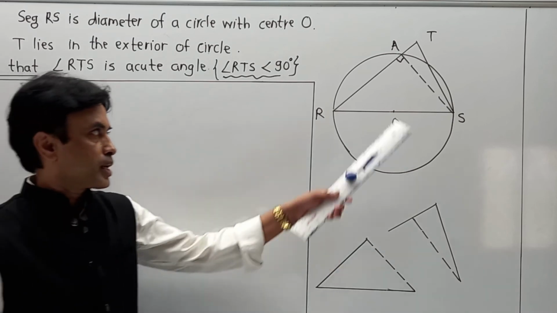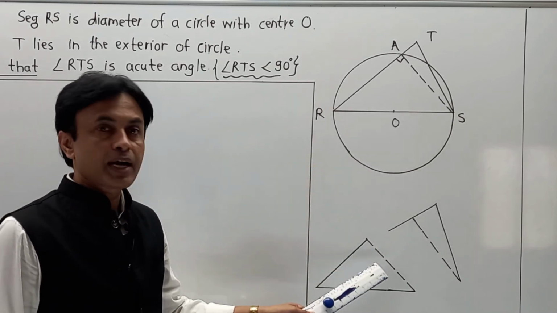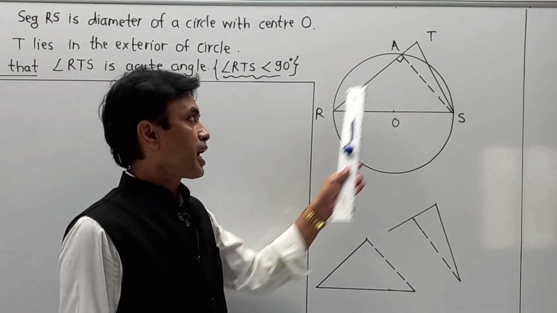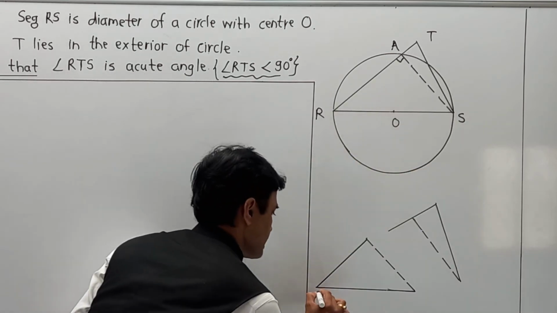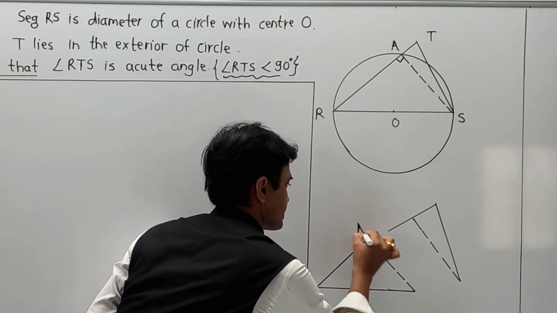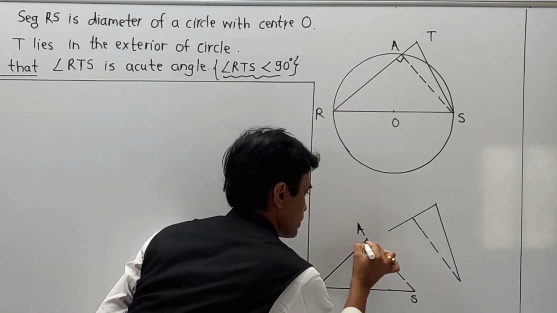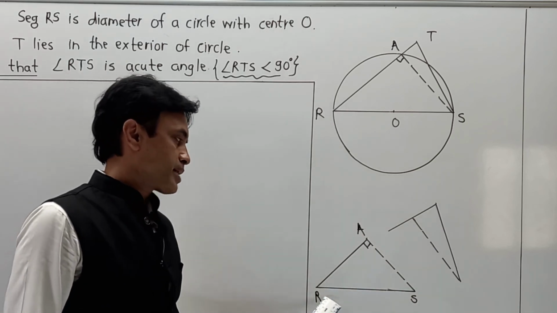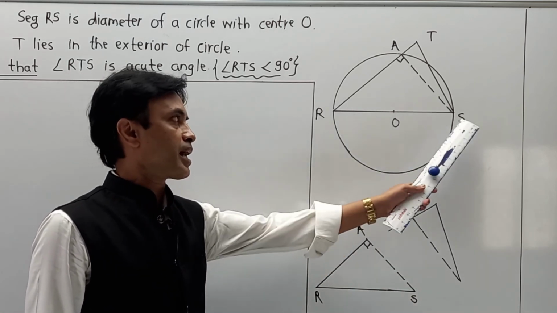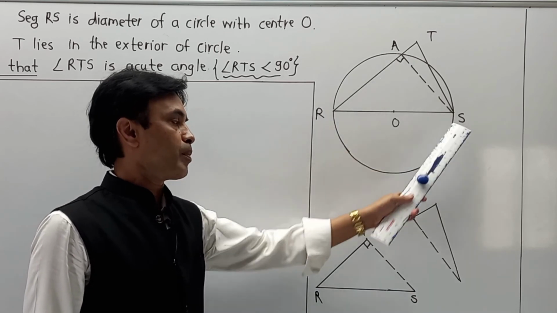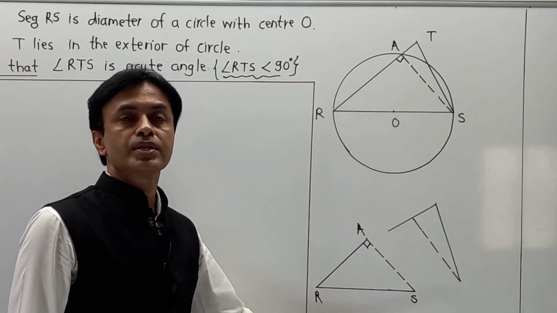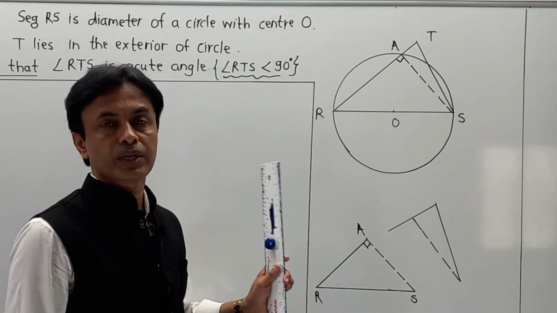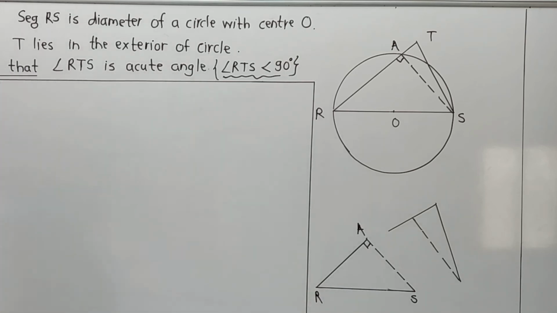Now student, just for support of this diagram, I have drawn two diagrams over here so that everyone can understand. First is triangle RAS. No doubt this angle is 90 degrees. RAS, as RS is the diameter, angle formed on semicircle is 90 degrees. This is the first part that I am going to write over here, and the part is including construction.